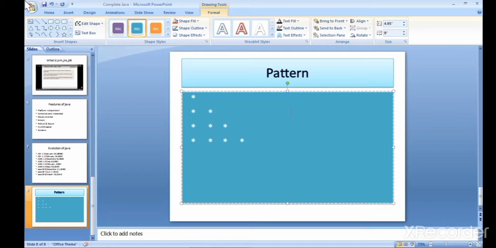इसके लिए फॉर लूप फॉर I is equal to 1, I is less than 4, I plus plus, after that curly braces,